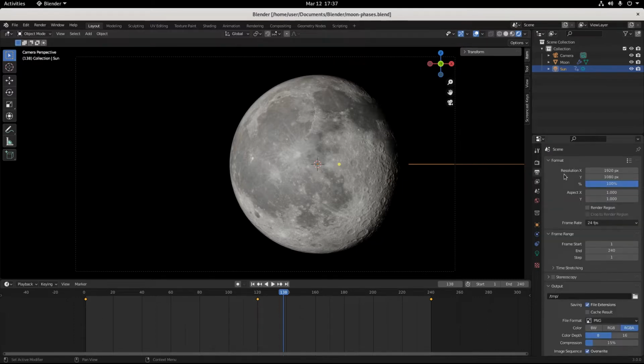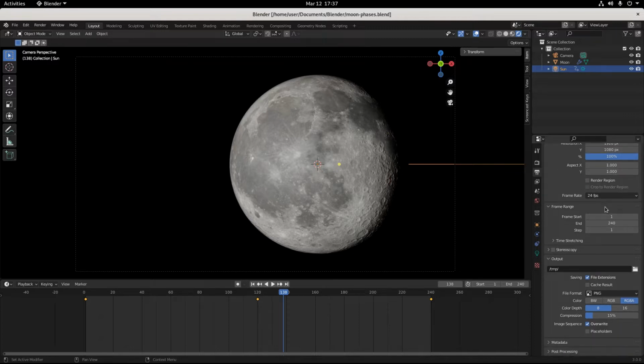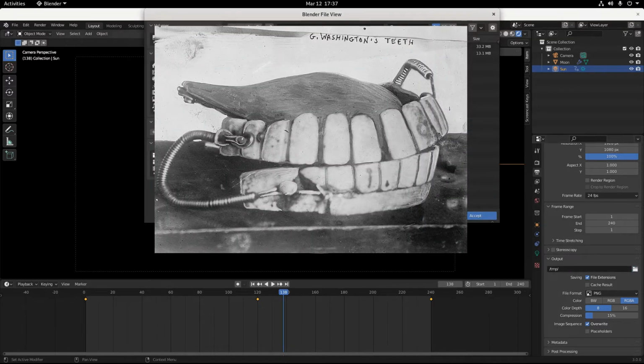I guess that's what I see. That's what my Rorschach looks like. 100% is fine. 1 by 1, 24 frames per second. Great. Start, stop, excellent. So this is your output file. Here's where you want to set wherever you want this thing to output. Okay, into a file called Moon Phases,